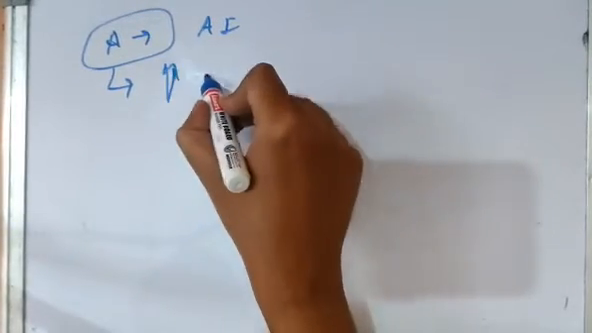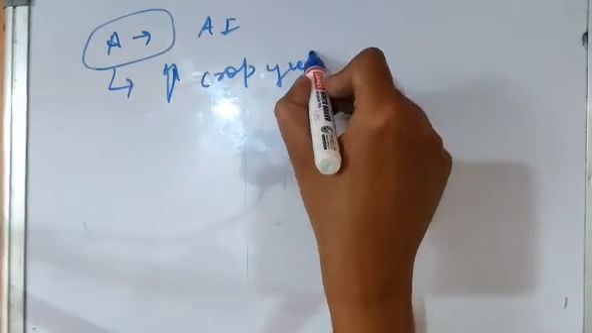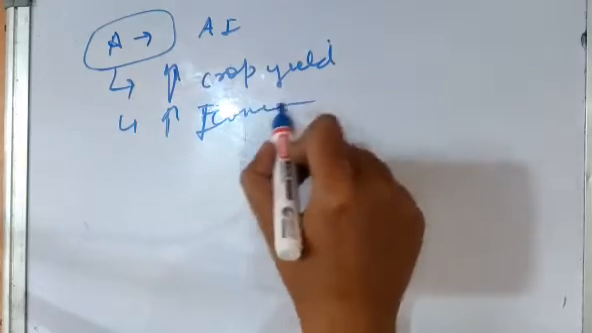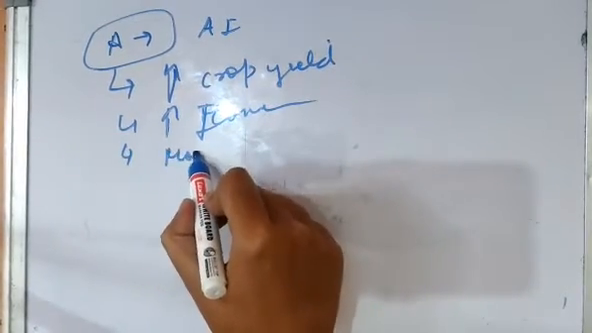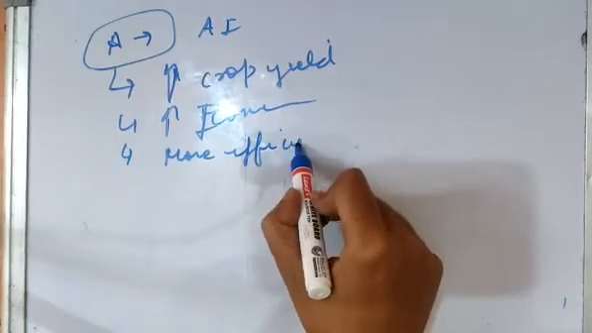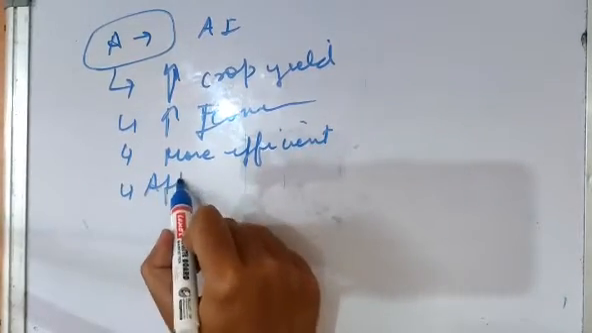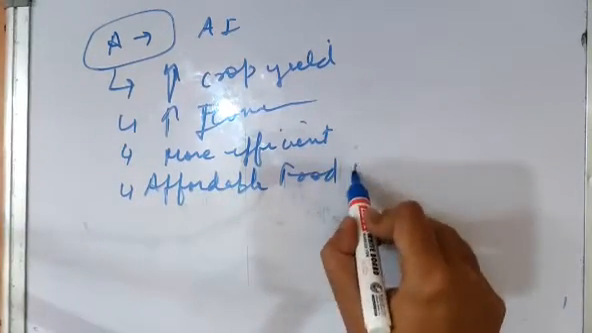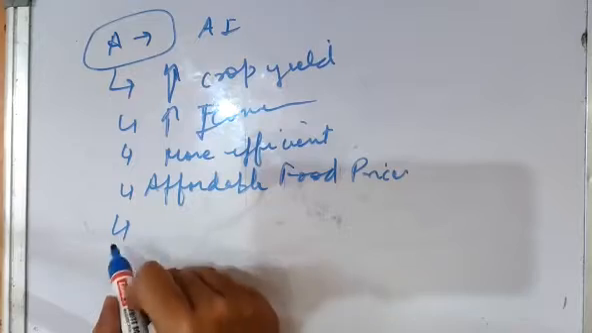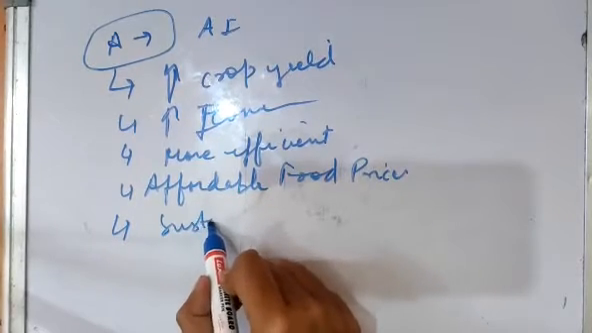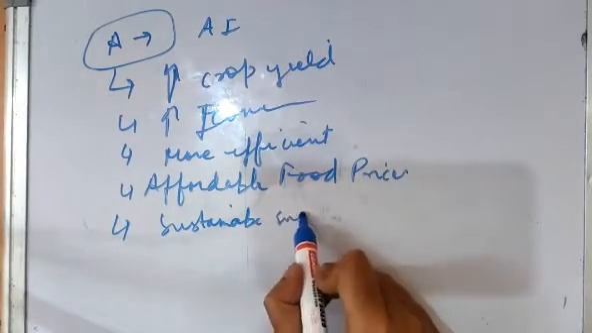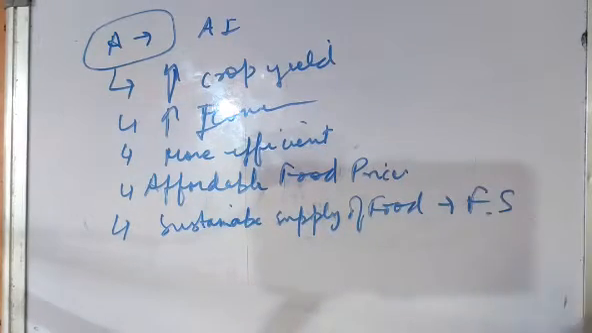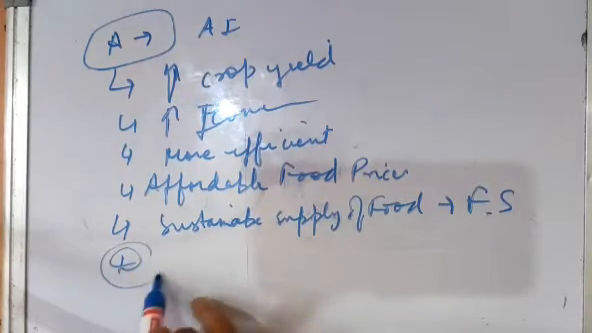Of course, higher crop yield, higher income, more efficiency, and affordable food prices. As the production will be high, food prices will be affordable. Sustainable supply of food. We can reach food security, but there are disadvantages also, like